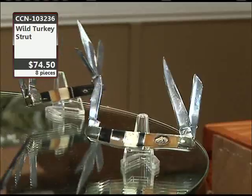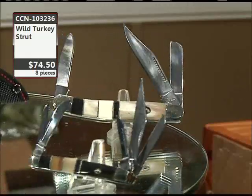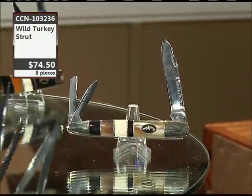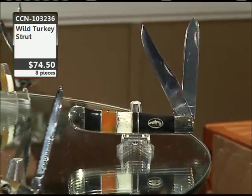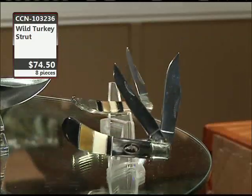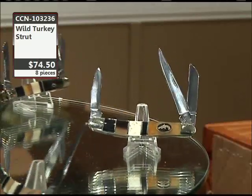Now, look down here below. On the way it works on these knives, like this Congress right here, you got buffalo horn, ox horn, smooth bone, and buffalo horn again. Here, buffalo horn, ox horn, smooth bone, buffalo horn, and ox horn again. Got the Derringer shield on it. That just went a whittler by there. There's a trapper. There's a saddle horn coming behind that. Then you got the toothpick over there behind that one. Look, and there's a Wrangler. 8 pieces,